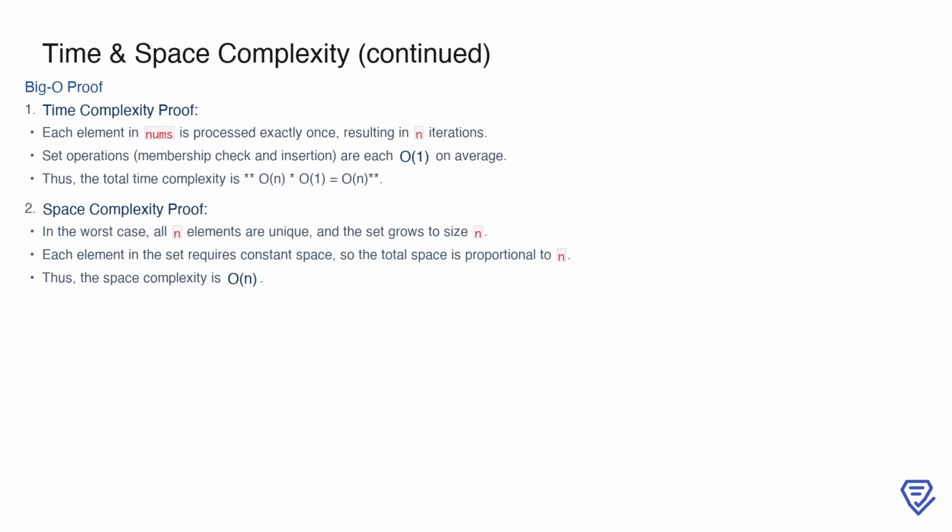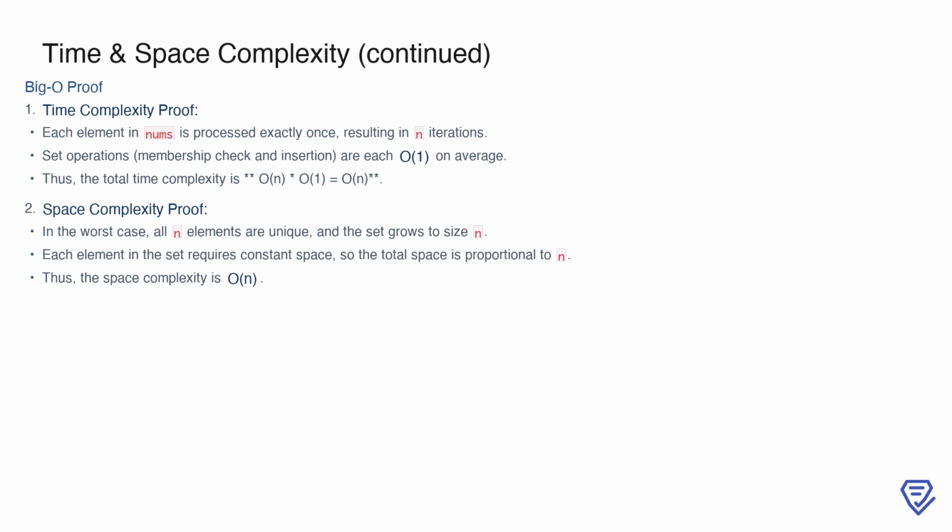Since each iteration involves two set operations, membership check and insertion, that both have an average time complexity of O(1), the total time complexity becomes O(n) * O(1) = O(n). For the space complexity, in the worst case where all elements are unique, the seen set grows to store all